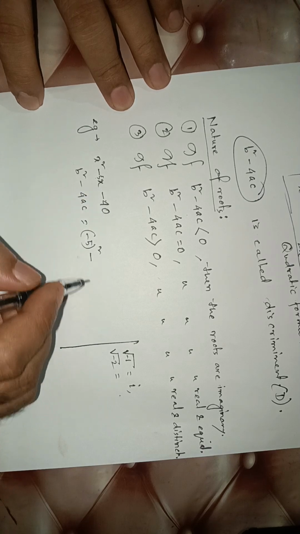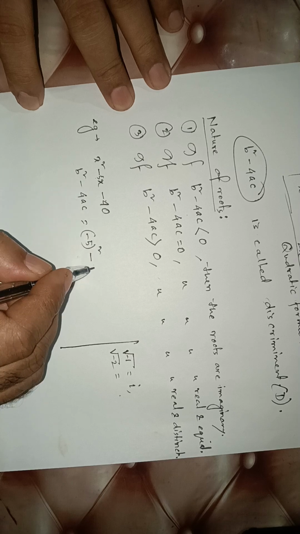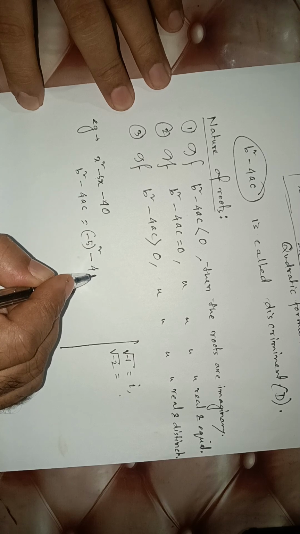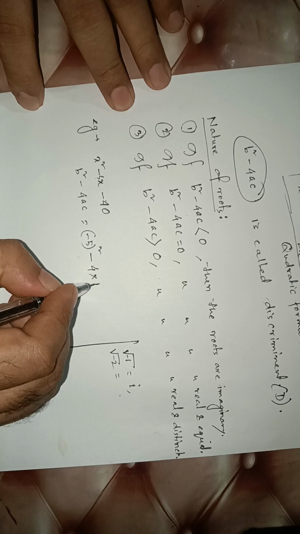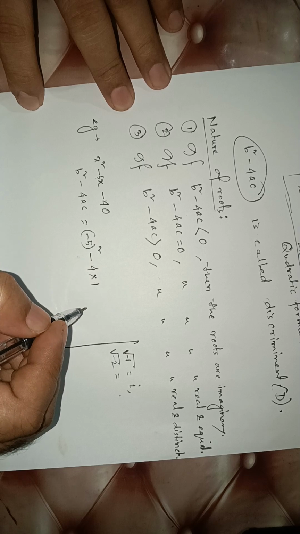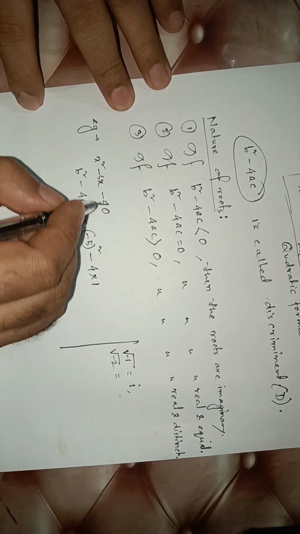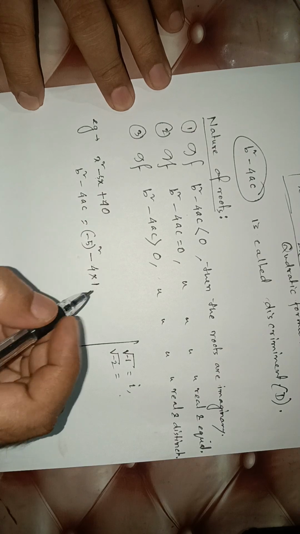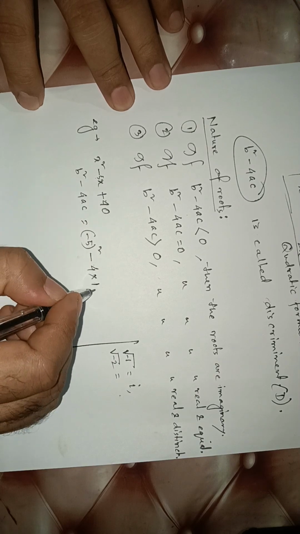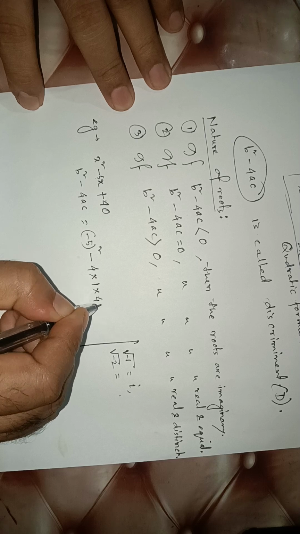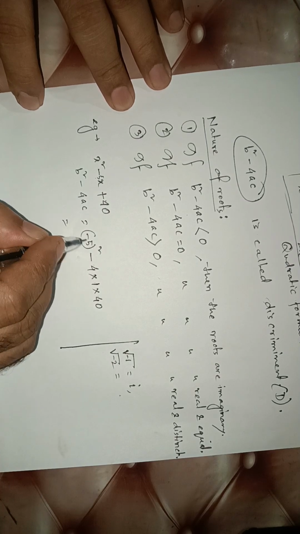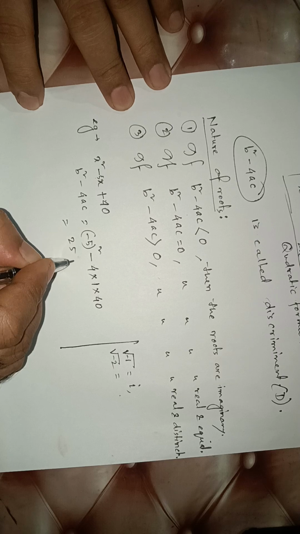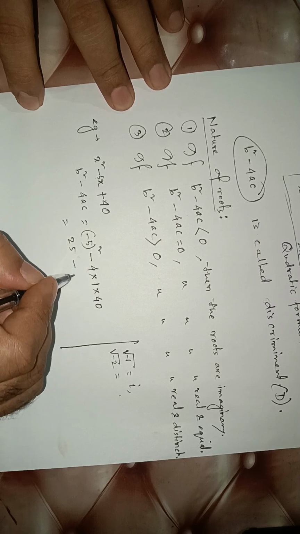Okay, 4ac, 4 into 1 into, okay, make it plus 40. 4 into 1 into 40. Now you see, minus to the 4, even means positive. Minus 4 into 40 is a